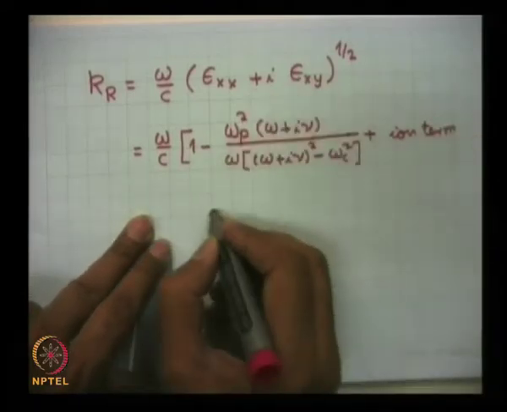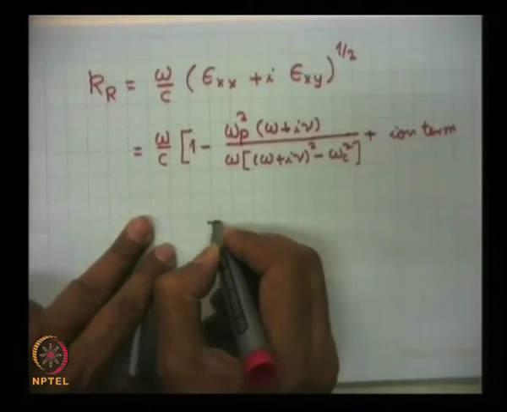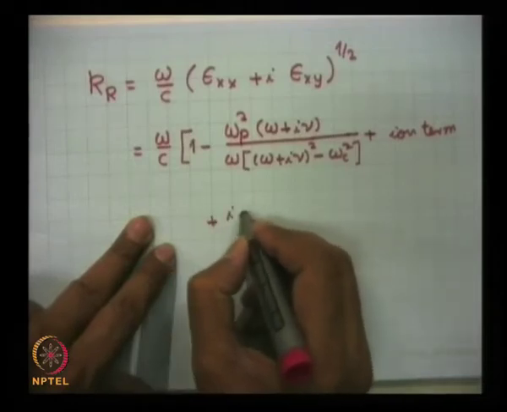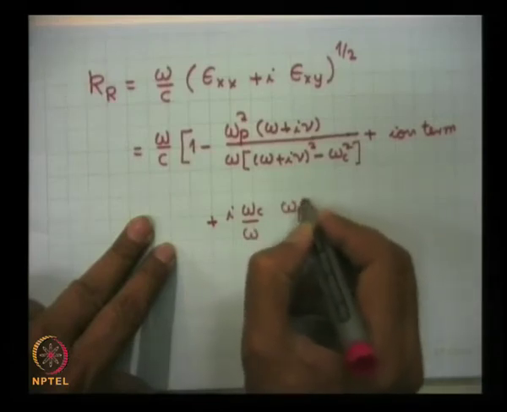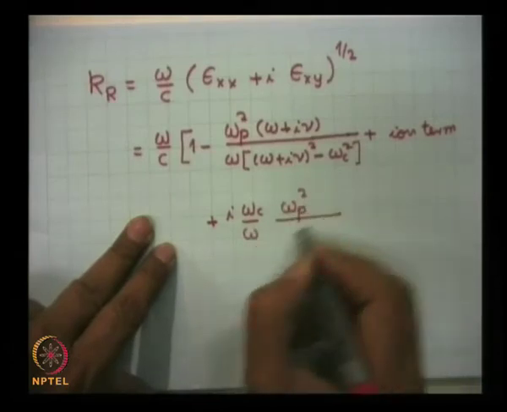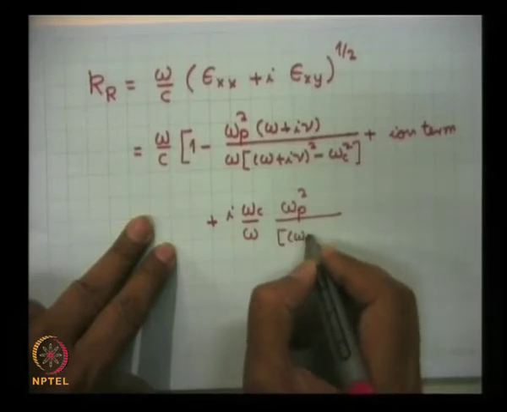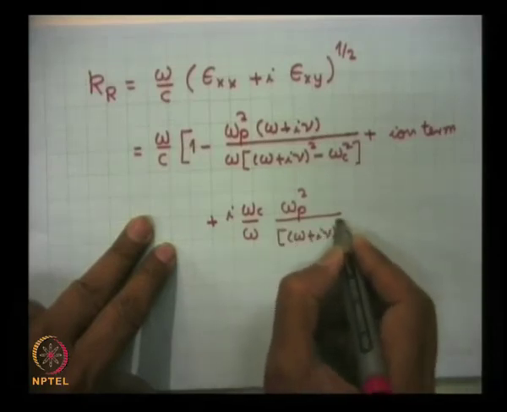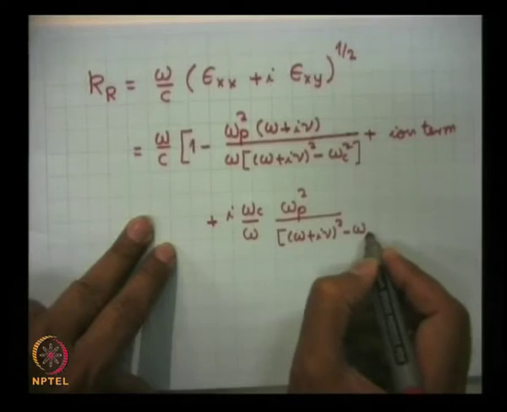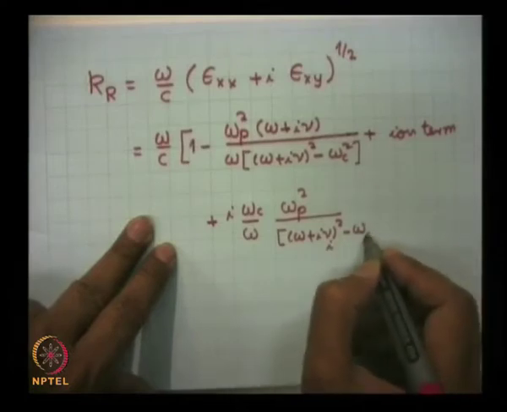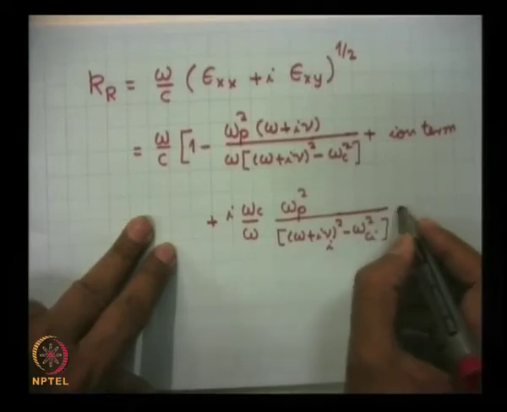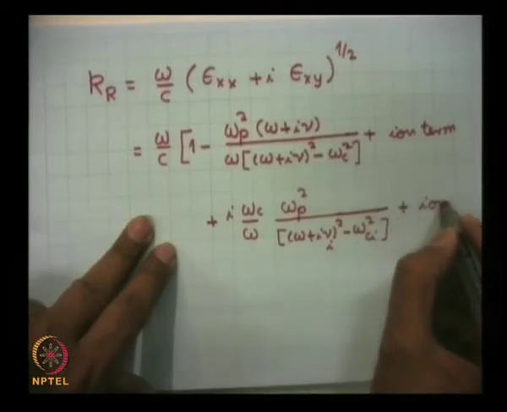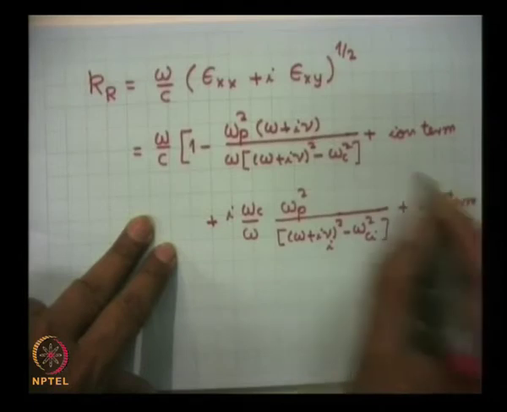And for this I substitute, I get plus i omega c upon omega, omega p square upon omega plus i nu whole square minus omega c square, plus the ion term due to epsilon xy,